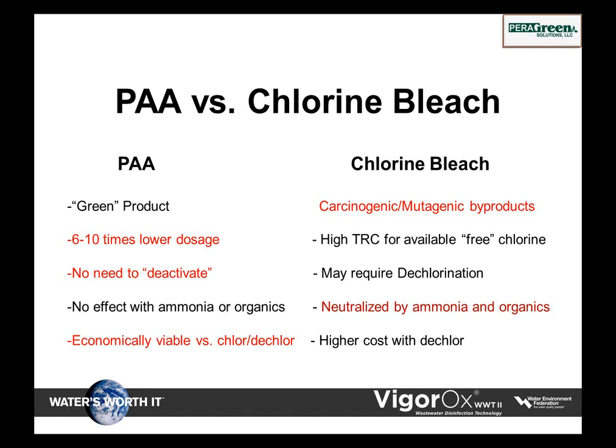Now, this is important when you start taking a look at the regulations and the toxicity of the product. With chlorine bleach, you may need dechlorination. It depends how low. Some of the states are 0.034, 0.038. I think some of the new regulations are 0.01. So you definitely have to dechlorinate, but you still have byproducts available. PA is not affected by ammonia or organics as compared to chlorine bleach, which will degrade, and you'll have a break point that you'll have to reach with chlorine. We have also found in a very, very detailed study that it's economically viable versus chlorine and dechlorination. With the dechlorination process, that typically is the controlling factor, where you'll see very high costs.